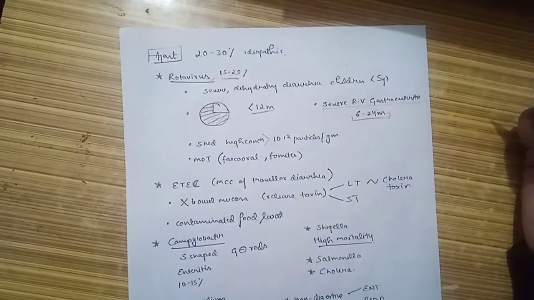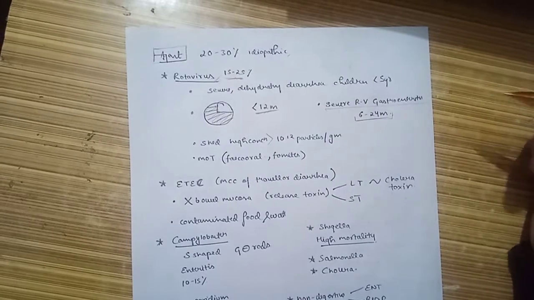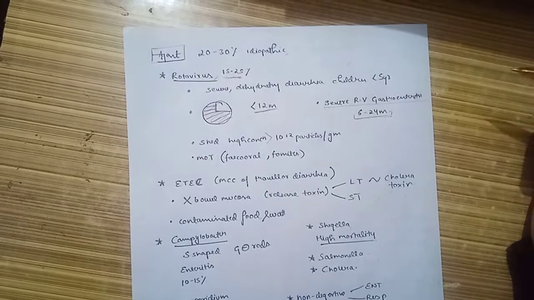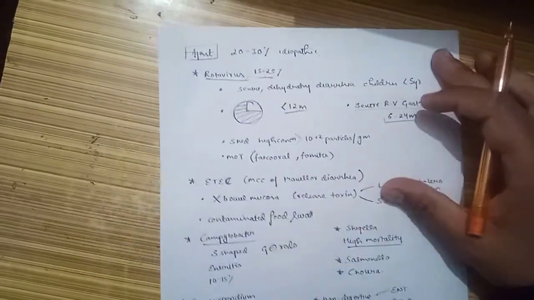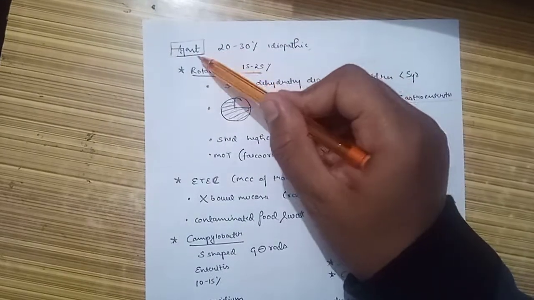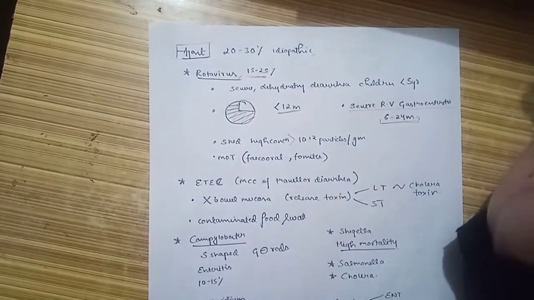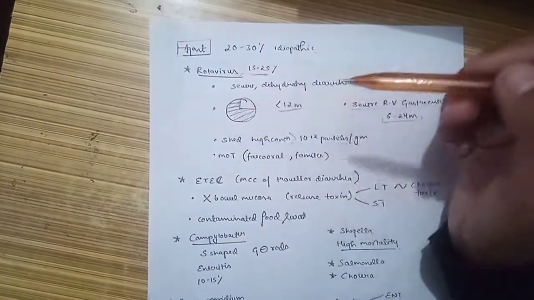Now, there are different types of diarrhea. The watery one caused by cholera, rotavirus, and E. coli. The bloody diarrhea that is caused by Shigella. Persistent diarrhea more common in AIDS. And here we will directly talk about the agent factors. Now, 20 to 30% of cases are idiopathic, where no pathogen is found, and